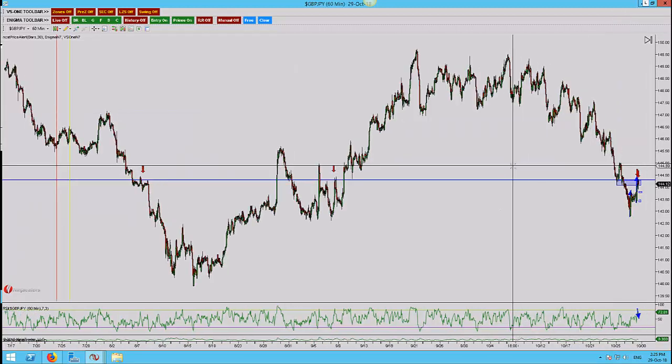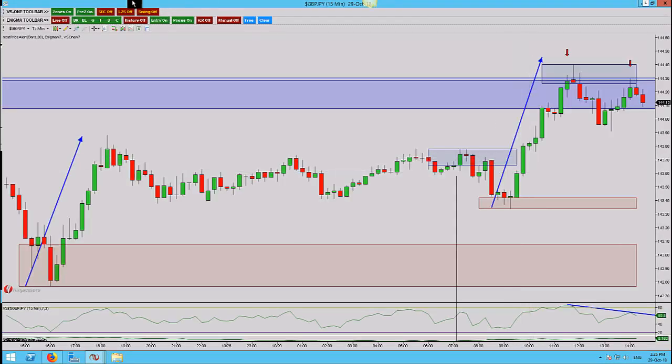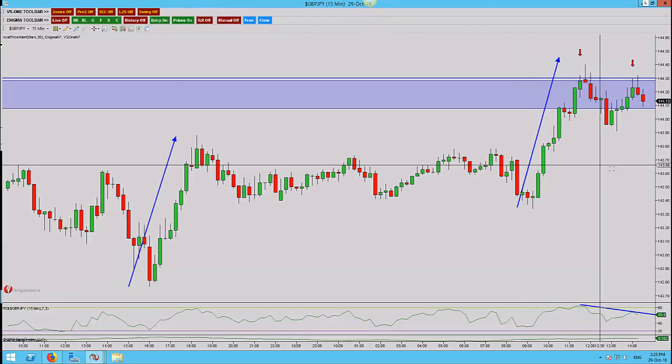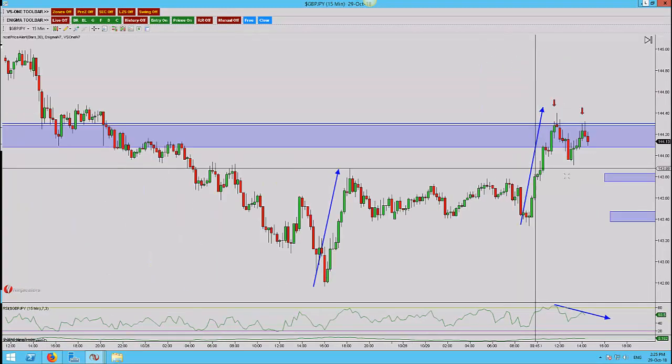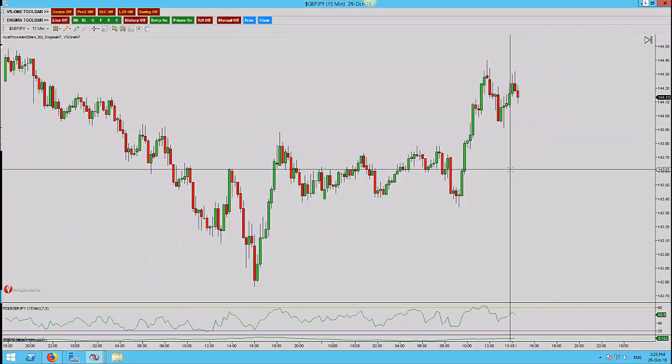So let's just go back here to the 15-minute. And there really isn't a great deal else to talk about on this particular trade. I would have preferred a better fill, but again, I'm not sat by my charts 24 hours a day on these things. So let's just bring the orders back on